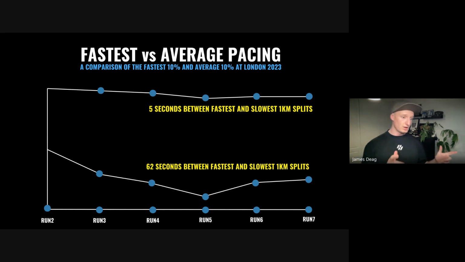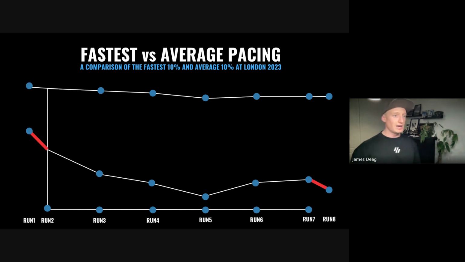Now, the eagle-eyed among you will notice we've missed off runs 1 and 8. And that's because they're always slightly different. 8 includes your rock zone time, and 1 is always slightly different depending on the layout. But if we added those in, it only exacerbates the problem. So it really is a true test of your ability, your understanding of yourself as an athlete. How well do you know yourself? How well do you know how you move, how to pace yourself, what you're capable of on the workout stations as well as on those runs?